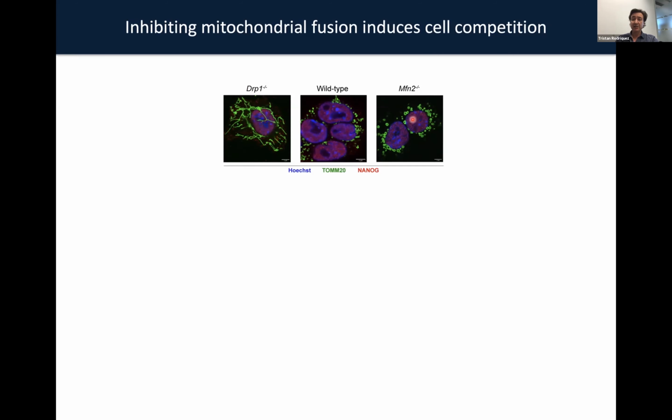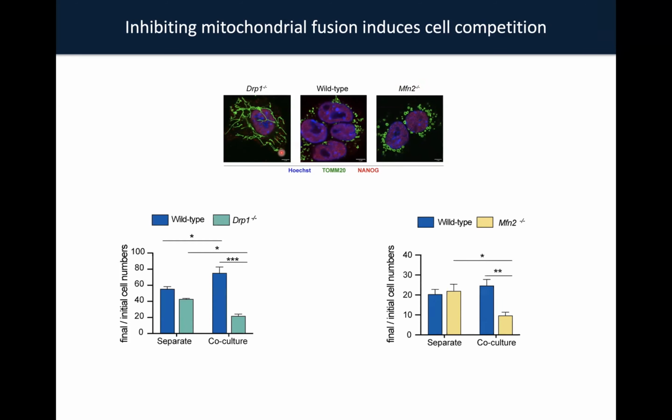Tamzin in the lab also analyzed cells that carry a mutation in mitofusin 2. This is a factor that regulates mitochondrial fusion, and when you delete it, it leads to hyperfragmented mitochondria that are really swollen. But when you analyze the competitive ability of cells carrying these mutations, Anna and Tamzin found that both types of mutations led to cells being outcompeted. Although these mutations did not significantly affect the growth of the cells in a homogeneous culture, they led to their elimination specifically in co-culture.